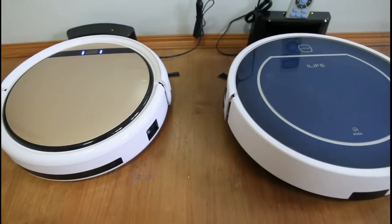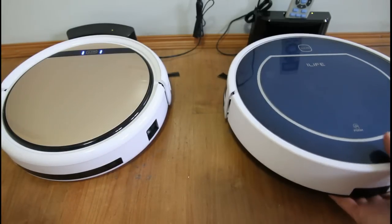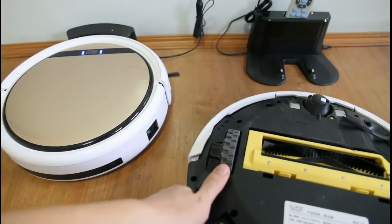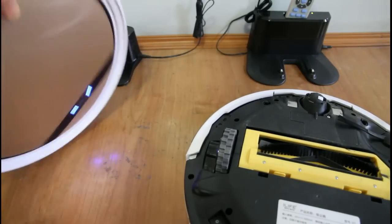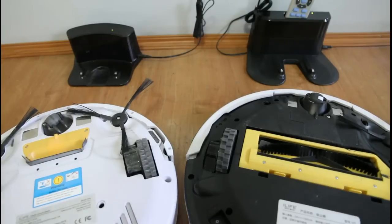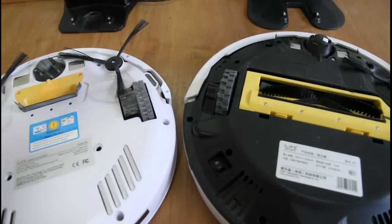Hi, today we're going to be comparing the cleaning performance of the ILIFE V7 here on my right and the ILIFE V5 Pro on my left. Now, aside from the obvious size difference, these robots are vastly different in how they are designed. If you look at the V5 Pro here,